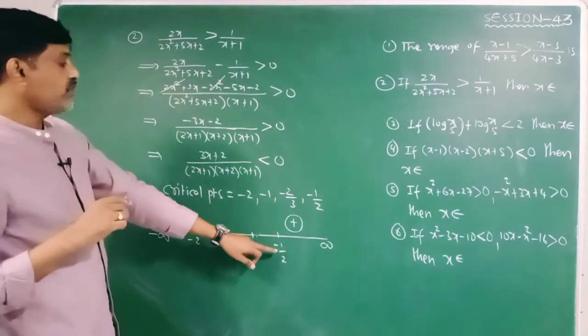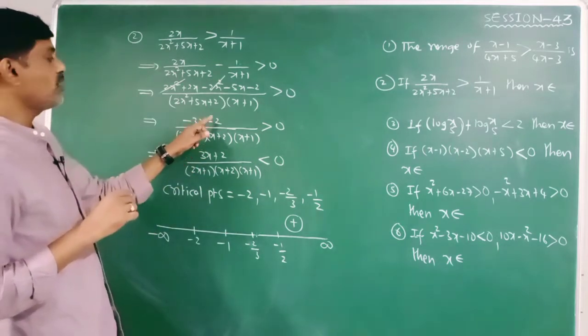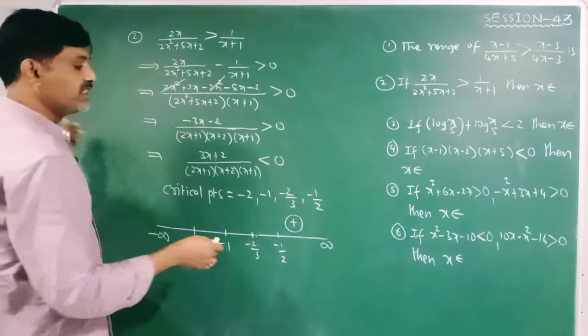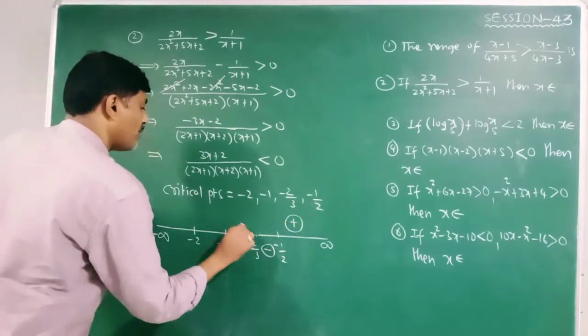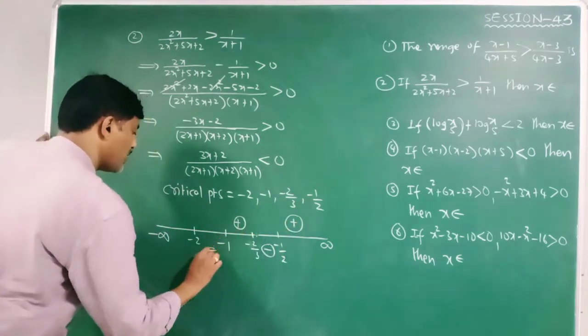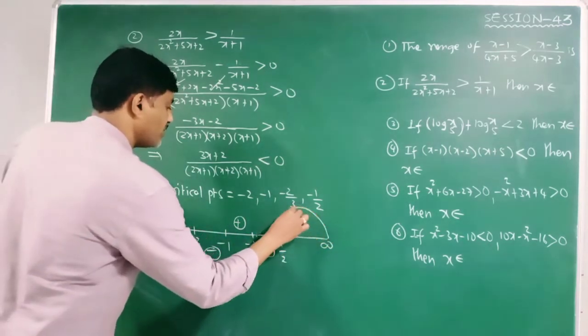Now coming to this factor. This factor is minus 1 by 2, and the power is odd. Because all the powers are odd, the sign will change. Now plus, 2 minus, now this is odd, minus, 2 plus, plus, 2 minus, minus, 2 plus. Now this is the graph of